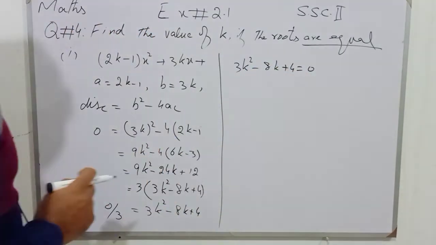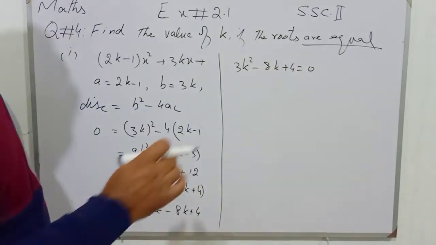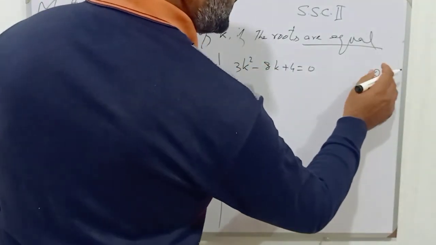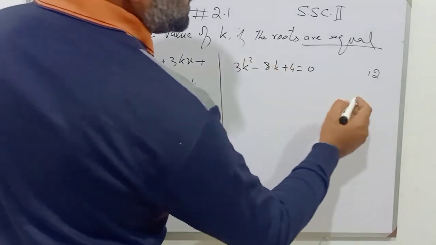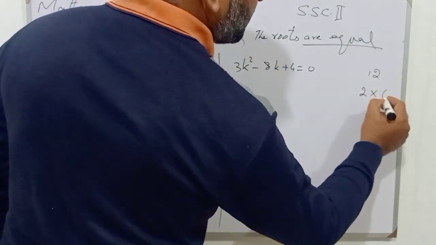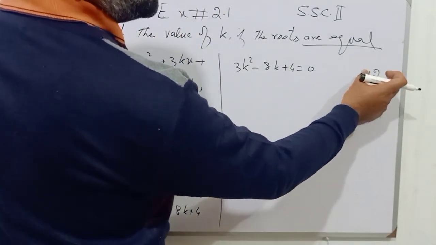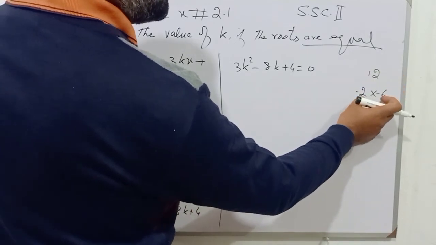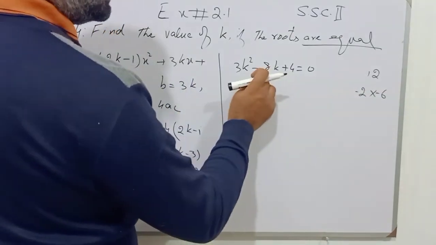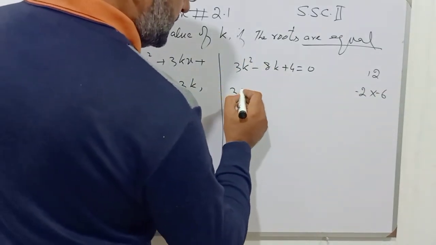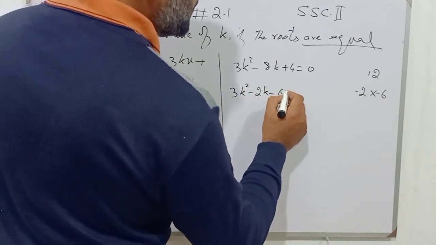Now multiply the coefficient of k square and the last number and it will become 3 fours are 12. Break this 12 into two factors in such a way that the sum of the factors is minus 8. So I will write 2 multiplied by 6. Take both factors as negative. When we multiply both the numbers, it will become plus 12. And when we sum up both the numbers, it is minus 8. So I will apply minus 2 and minus 6 in place of minus 8, and it is written as 3k square minus 2k minus 6k plus 4 is equal to 0.